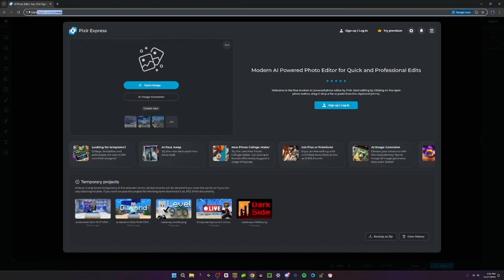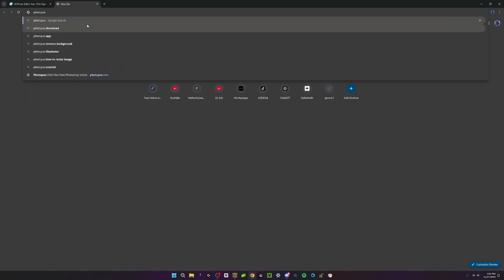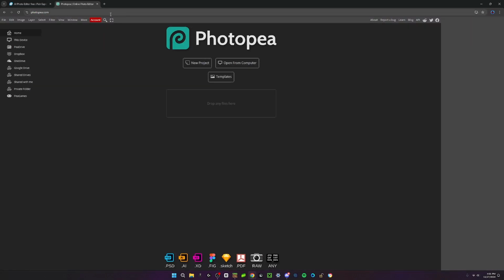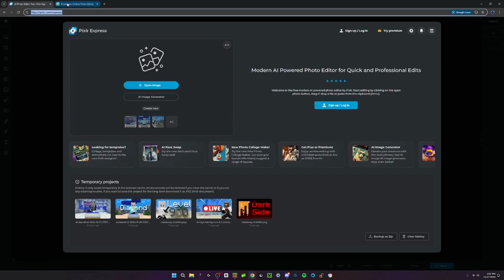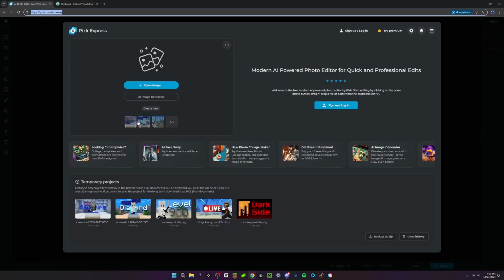I use this website called Pixlr Express. You can always use Photopea. That's a very good website as well. I think it's like free Photoshop pretty much. And it is really good, but I prefer using Pixlr. They have relatively the same features, but anyway, first thing we're going to want to do is we're going to